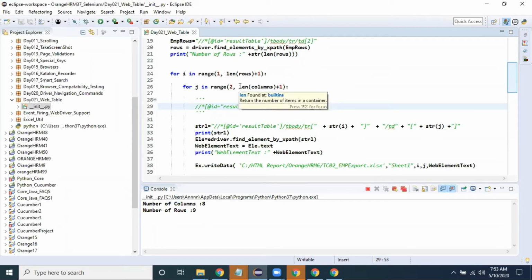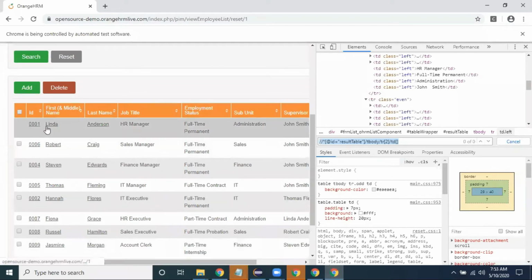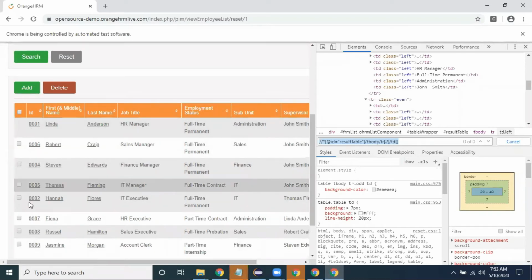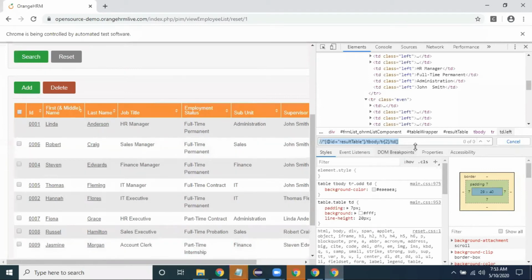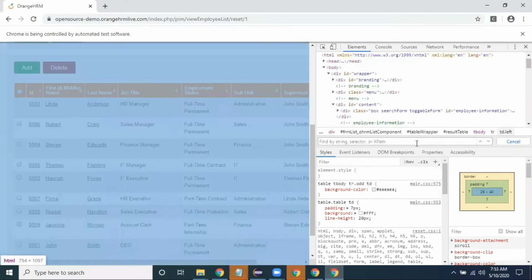j represents the column. Okay, so here str of 1 means this one, and 2 means the column. j represents the column because my cell value in the web table starts from the second cell. The first one is the checkbox, it's not required. So td of 2 means the first cell value, it is selected like this.